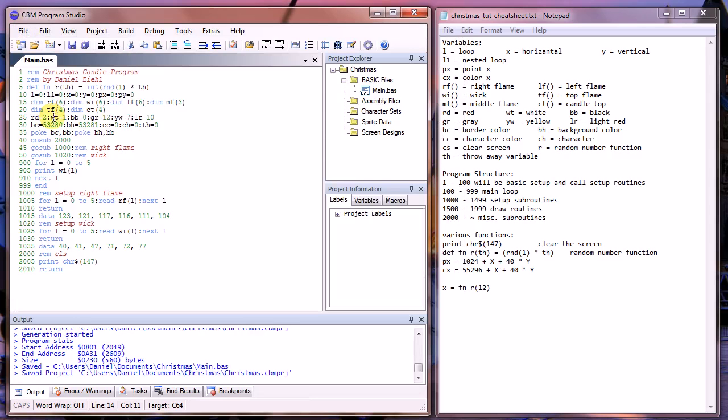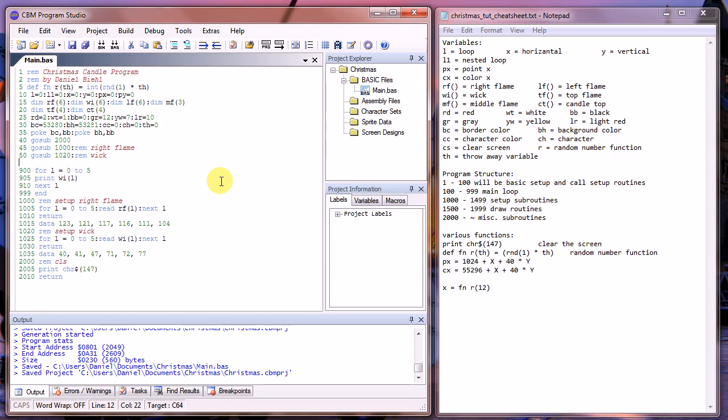I'll have to save our project too. Never forget to save. Never forget to save. We might not get to the drawing of the candle yet because this is going to take a little bit of time setting this stuff up. So just bear with me. We'll get to some fun stuff in one of these videos. Hopefully I was hoping this one, but